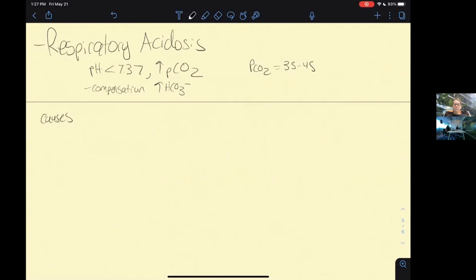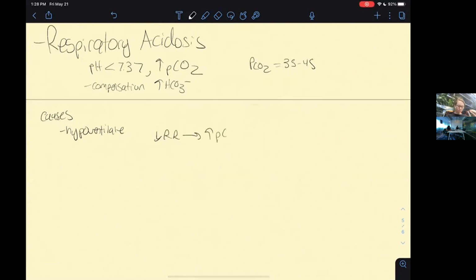Just like breathing mechanism. Oh, well, yeah, objective. I was just thinking more like hypoventilation, right? If people hypoventilate, you have retained CO2, right? You have a decreased respiratory rate, so you have an increased PCO2 in your blood, right? And there's a lot of reasons why